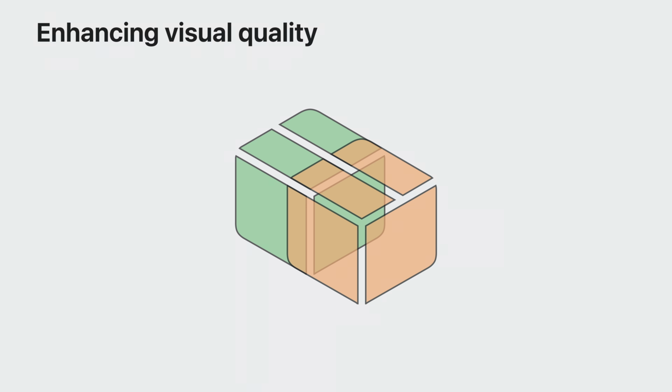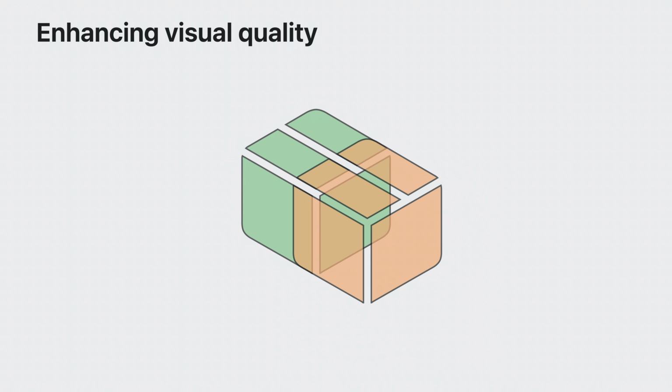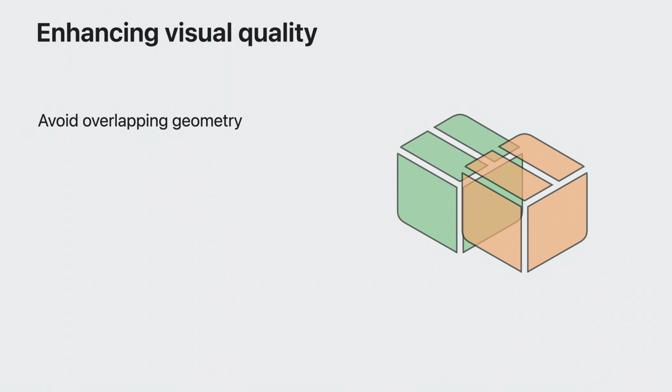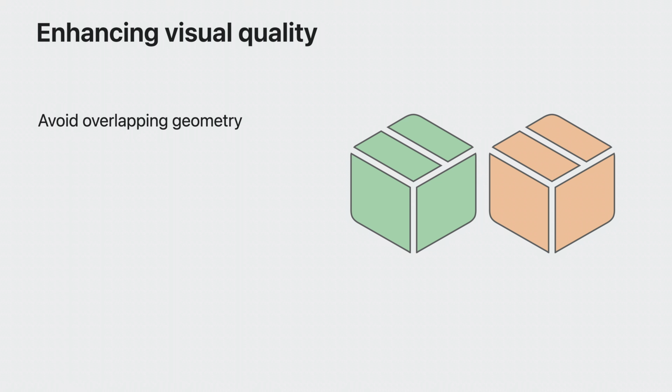Now that we have seen how to inspect your 3D model in Quick Look on device, let's talk about a few considerations for enhancing the visual quality of your content. When multiple objects are rendered in same location, they can overlap and appear as a single flickering object. To reduce this problem, you can use 3D creation tools to optimize the mesh geometry, either by removing the overlap or increasing the distance between the flickering objects.